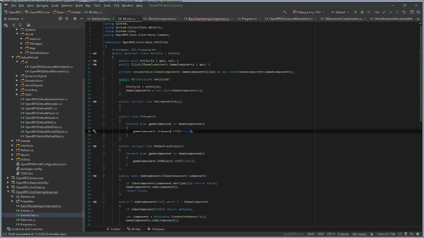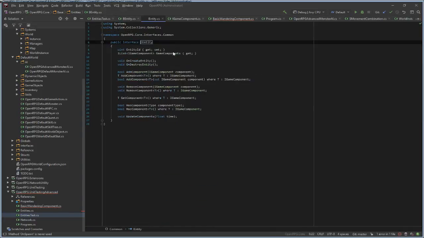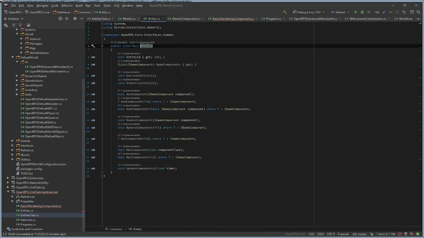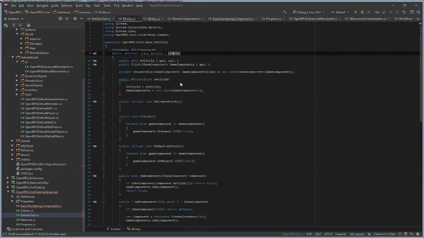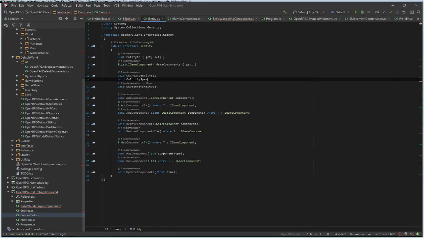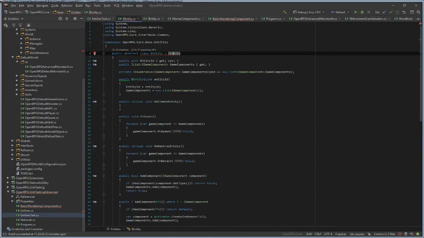When this object spawns, we just call on spawn here, void on entity spawn. No, on spawn entity. We have to keep that naming pattern.